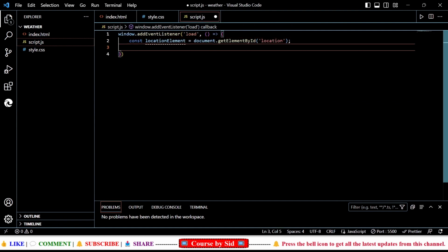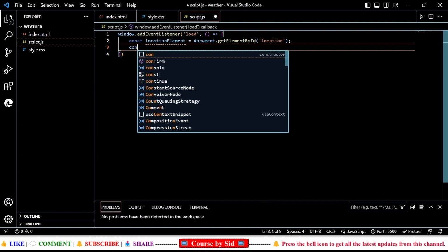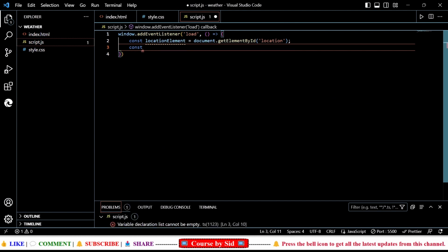Now I'm going to copy, write const, then icon element,